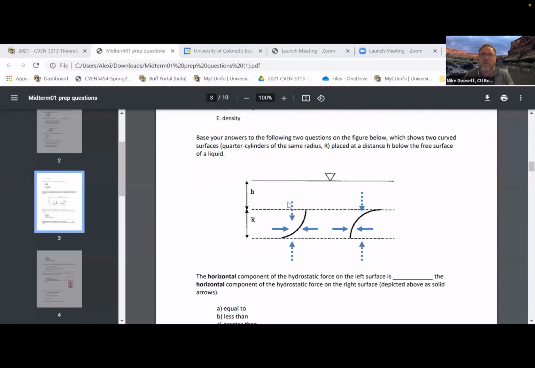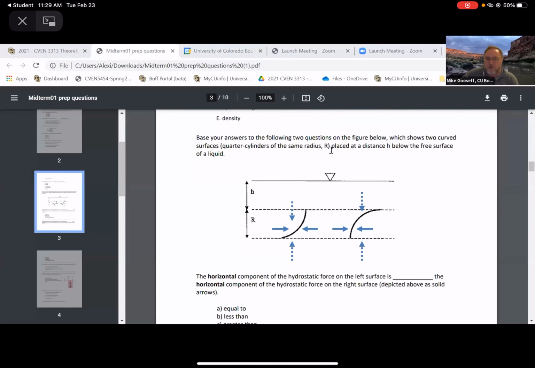I have it. Okay. The idea with these is to try to quiz the difference between where the line of action would occur and how the pressure is distributed. Okay, so real quick,